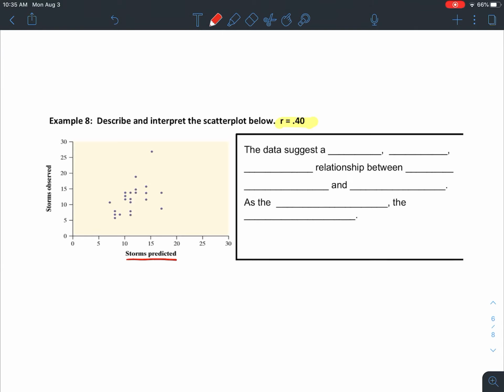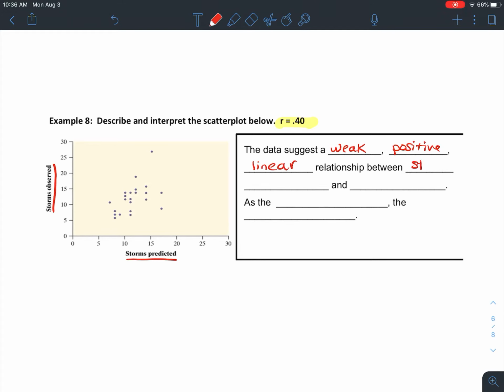Okay, here we have our explanatory variable as the storms that are predicted, and our response variable is the storms that are observed. This has a slight positive correlation, I guess, but it does feel somewhat spread. We definitely get that this is positive, but it is definitely weaker. So we're going to say the data suggest a weak positive